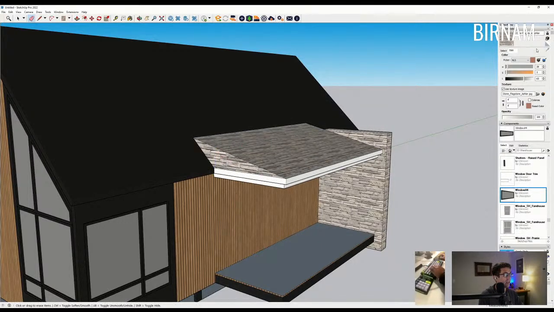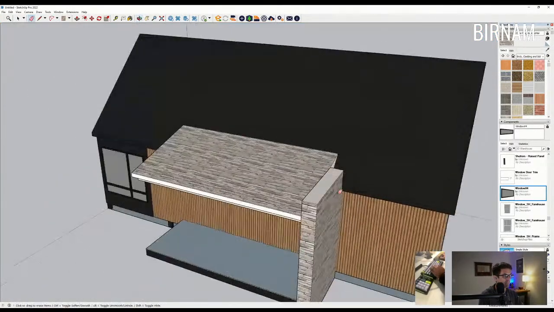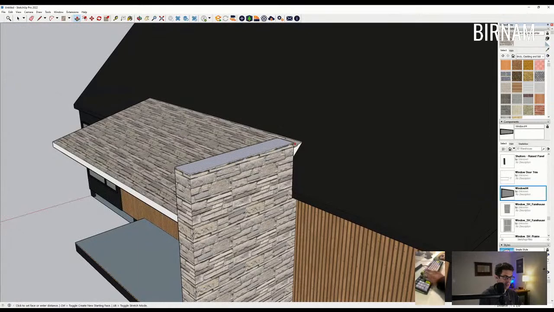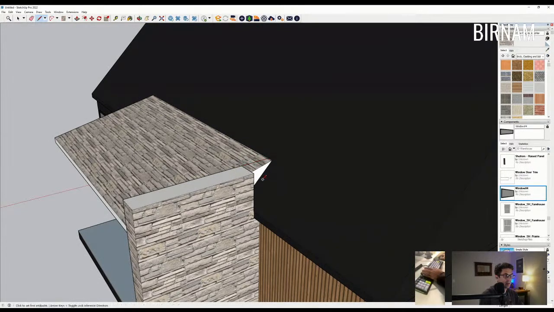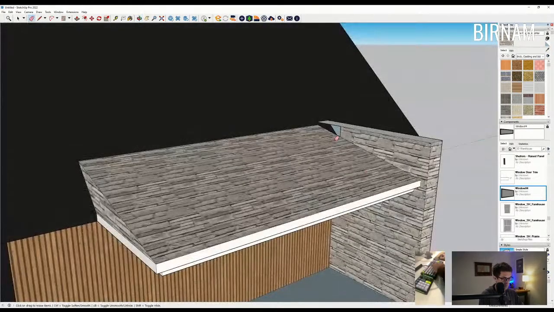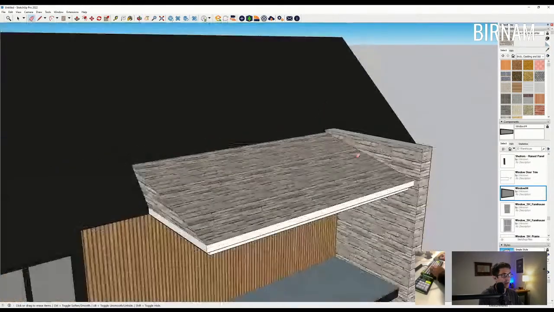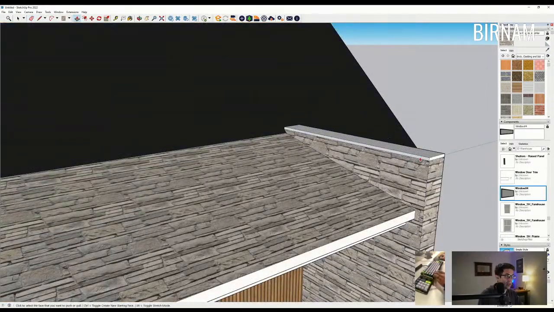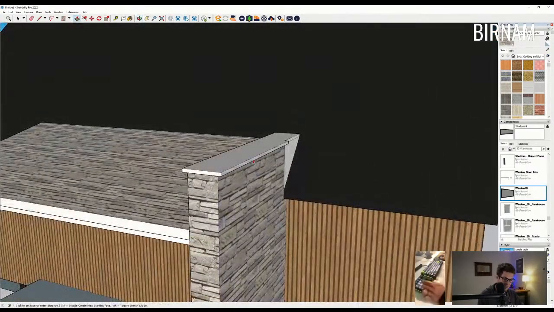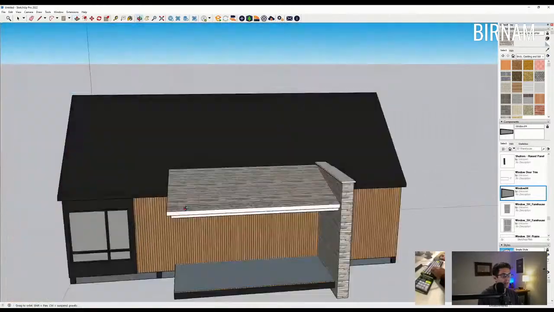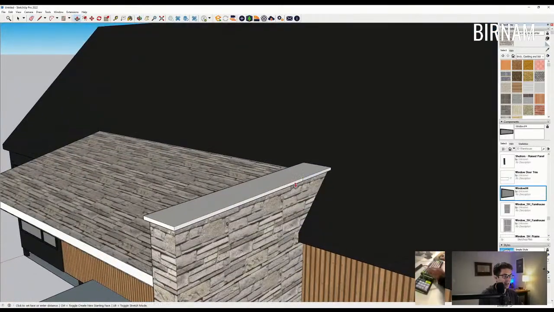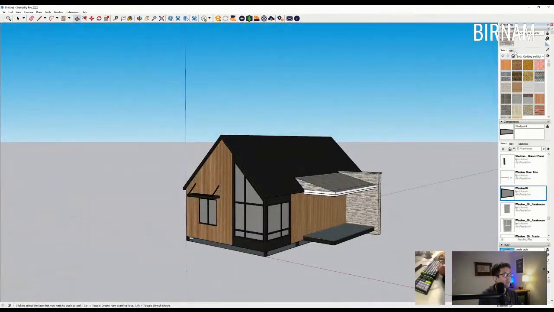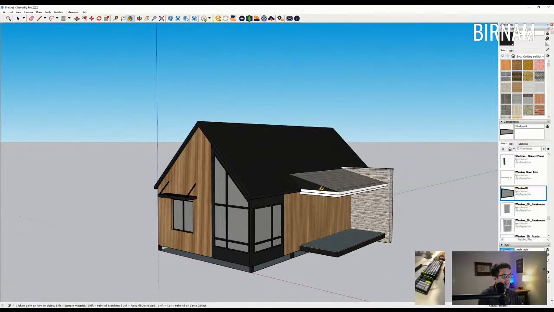So the stone may need to get a little bigger. A little taller. Coming back, there we go. And there we go. Okay, let's show a stone cap on that. Oops. Just going to offset that 2 inches each way. Not going to worry about that backside because you won't ever see it. And I'll do it, just because now it's bugging me that I commented on it. And that is not